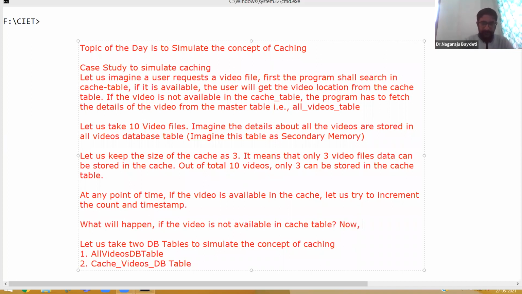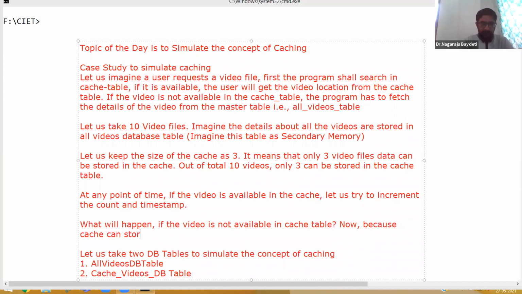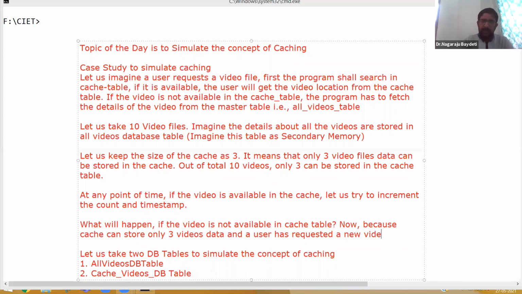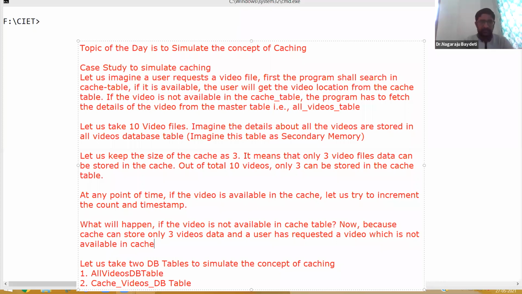Because the cache can store only 3 videos' data, and a user has requested a video which is not in the cache. A video can be old or new. A video which is not available in the cache.